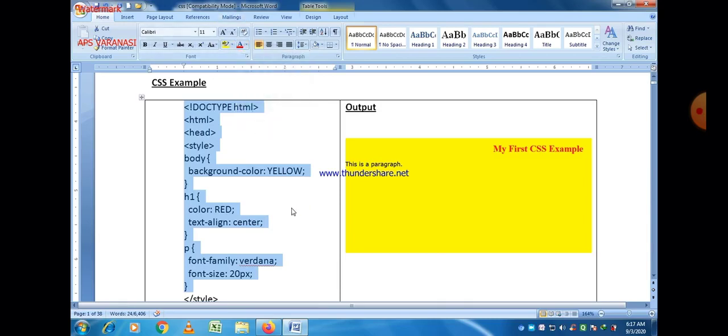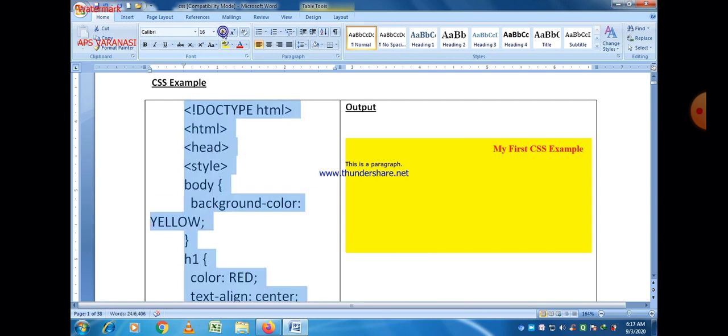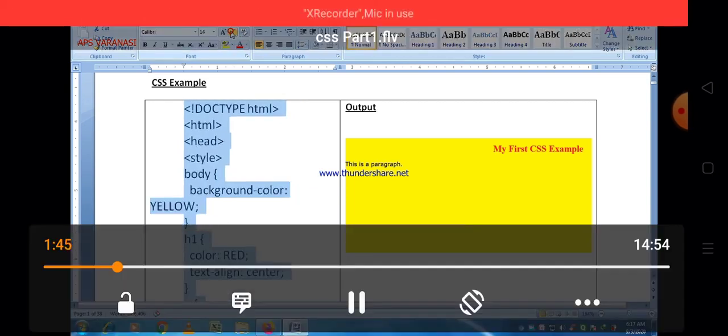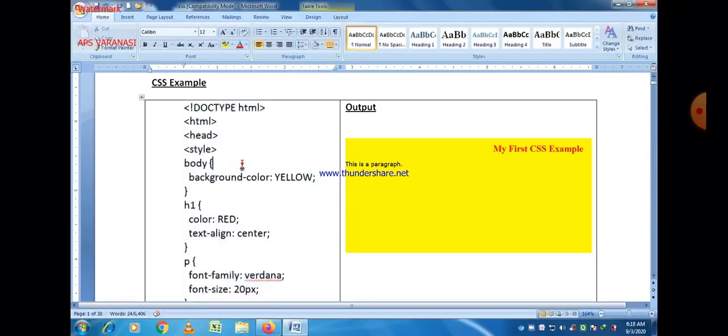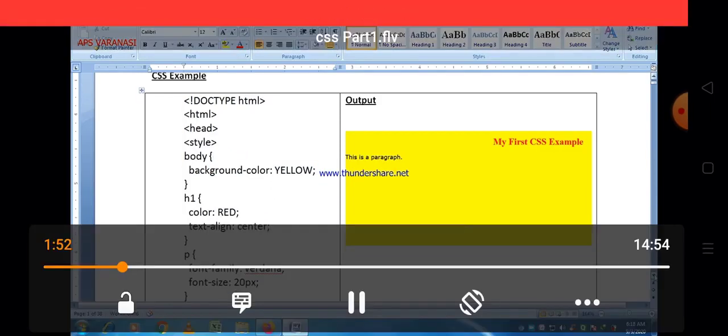You can easily see here, the program starts from HTML, and then head, then after that the style tag is there, then after that body. Within the body, first of all, style is applied for the body tag.